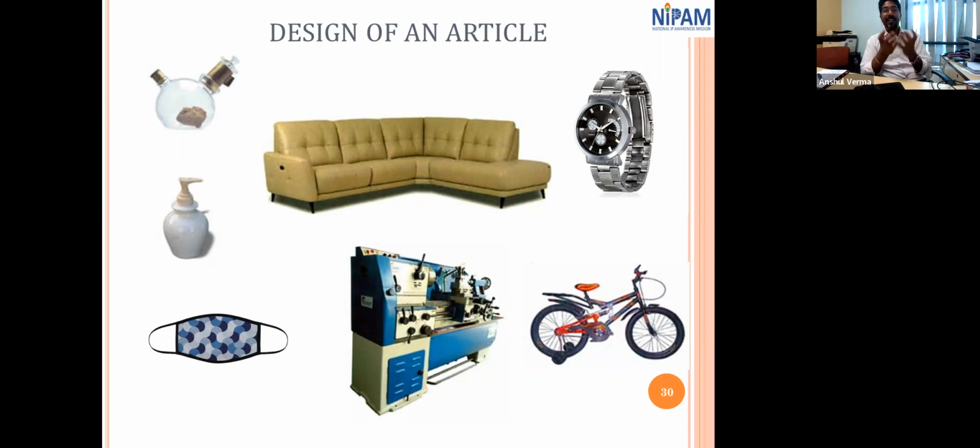There are certain different types of masks, a flask, a perfume bottle, this bicycle, a wristwatch, anything. Any design that you see around you is covered under design. As a layman, we do not have any idea that all these things are also registered. But any design